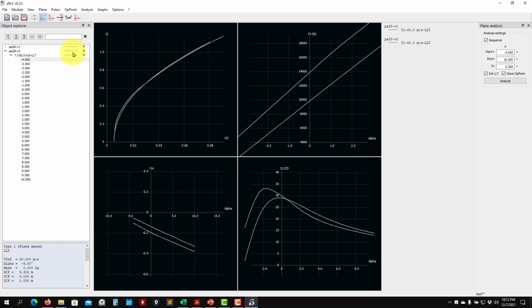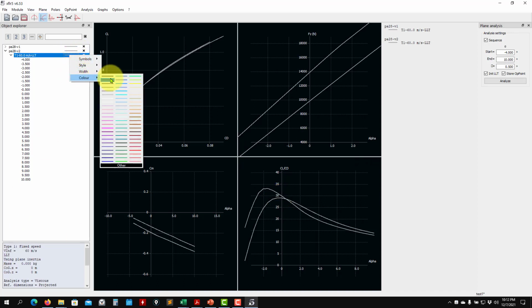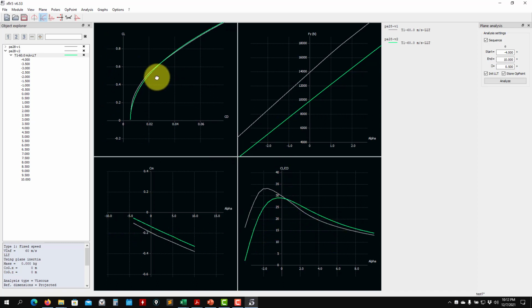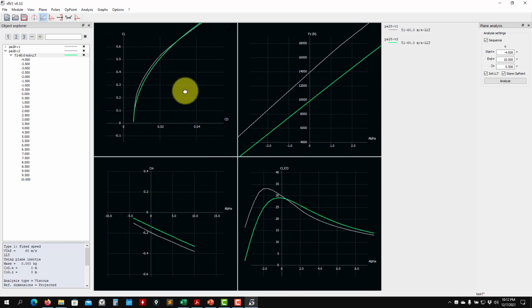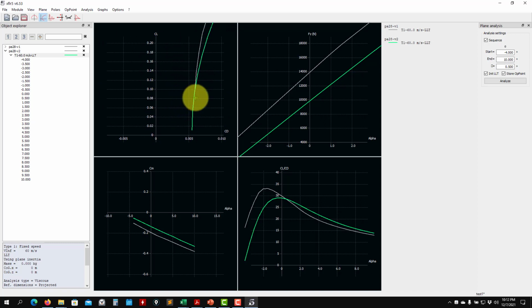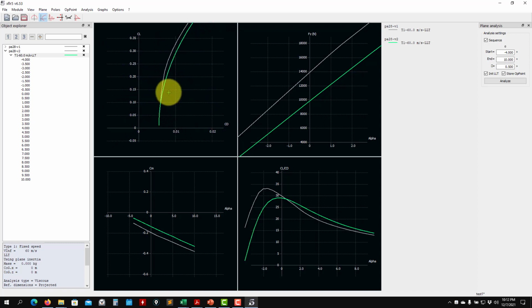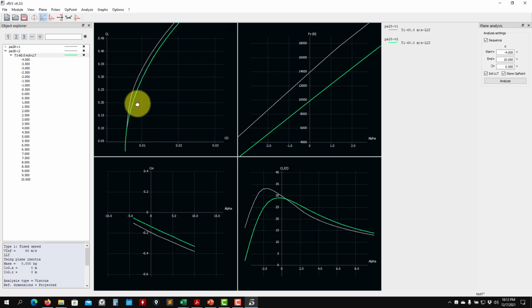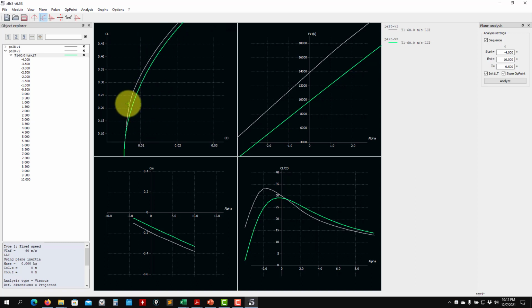So let me make the difference here. Also, let me change the color. See that the new one, okay. Also, it produces more drag. Okay. So here the big difference in induced drag. Okay. I think okay, viscous also, because this one is laminar, and see that for large production of lift, large angle of attack produce less